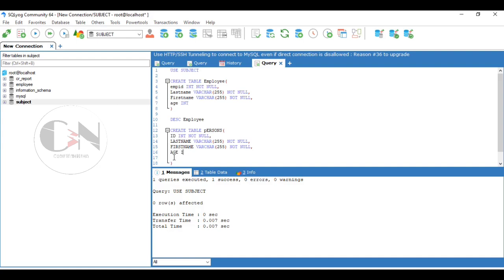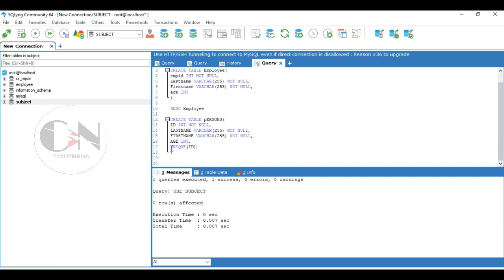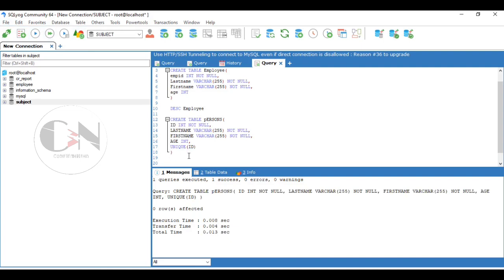At last, we are defining the ID as unique constraint. So, in the data structure of the table, we can see the key as unique.